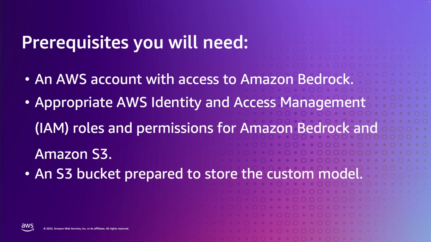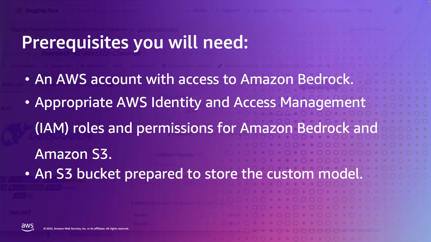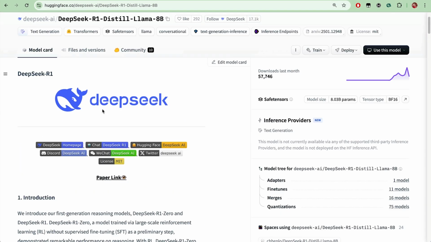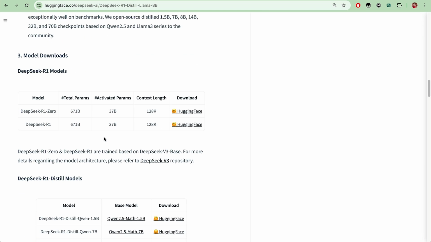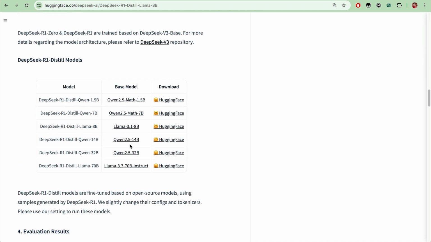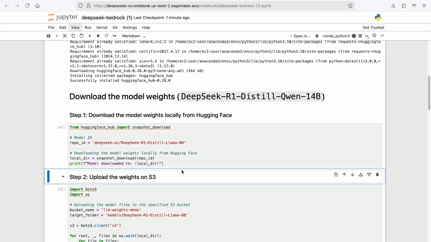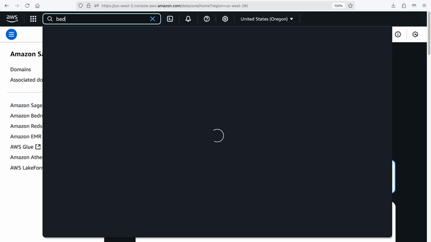Now, once you have those prerequisites completed on AWS, the next thing you need to do is download your DeepSeek R1 distilled llama model artifacts. And you can do that from somewhere like Hugging Face. Once those artifacts are downloaded, you'll then need to upload them to your S3 bucket. Once you have your custom model artifacts stored in S3, the next thing we need to do is open the